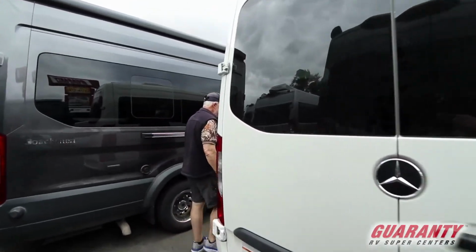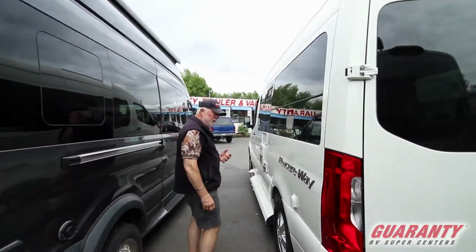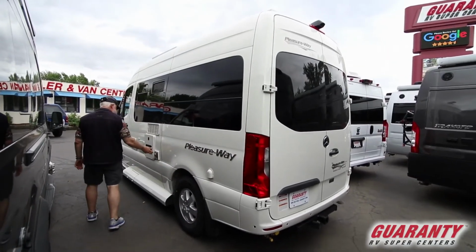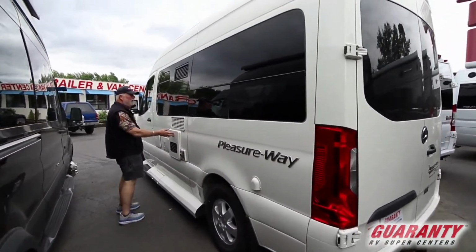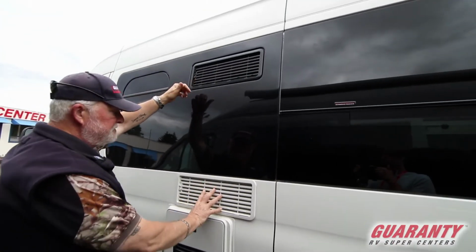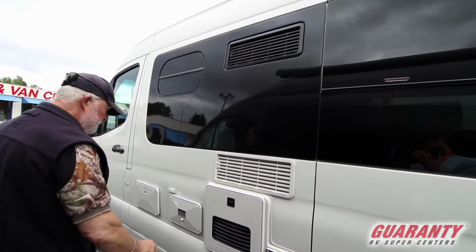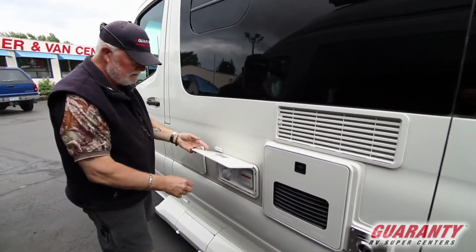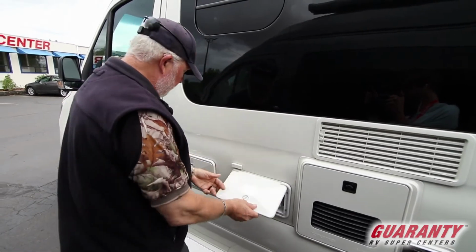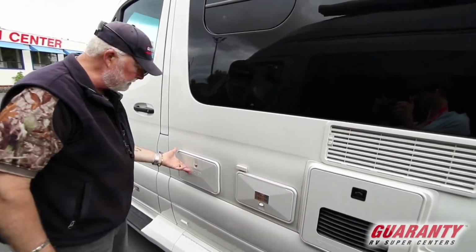Pretty much is the same as some of the other models that we've had. The vent for your lithium battery, intake and exhaust on your furnace, your AquaGo for your hot water. It's got your gas, electric, propane refrigerator, service and vent, your utility center that has your 110, your city, propane on and off, and your cable. We all know about the outdoor shower,